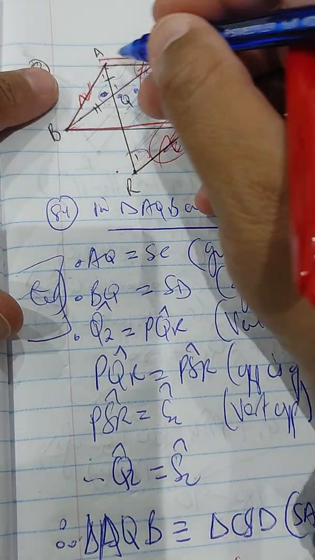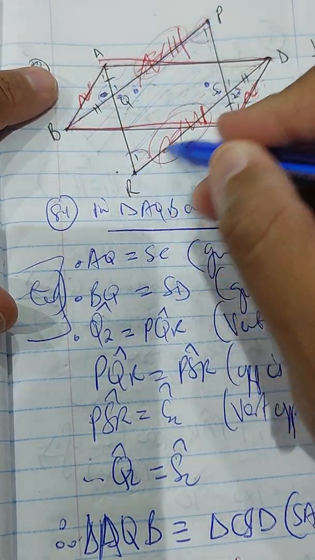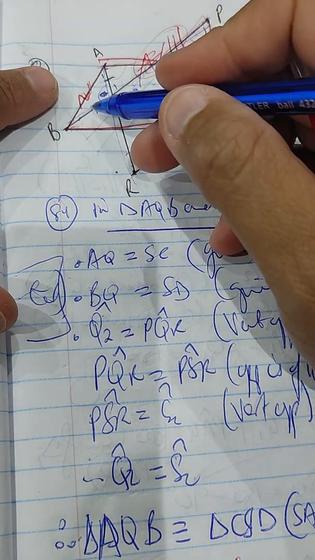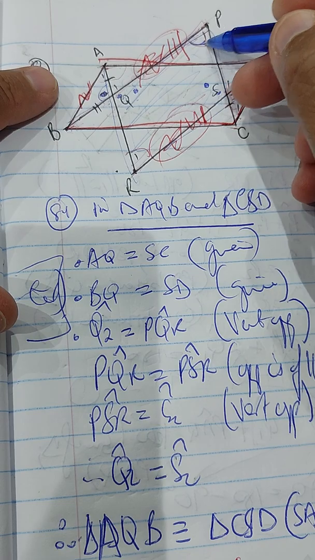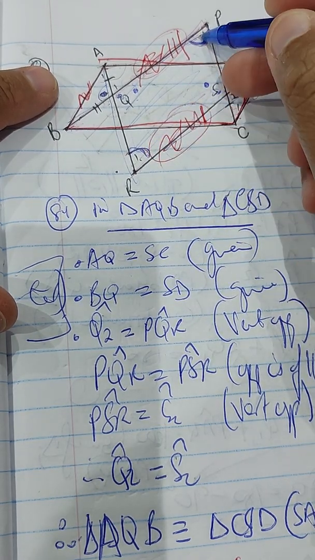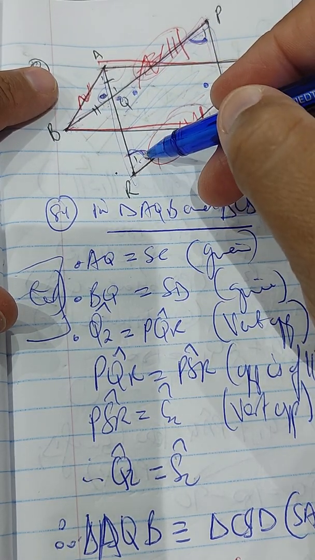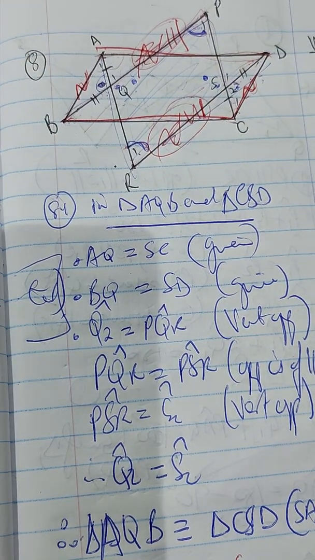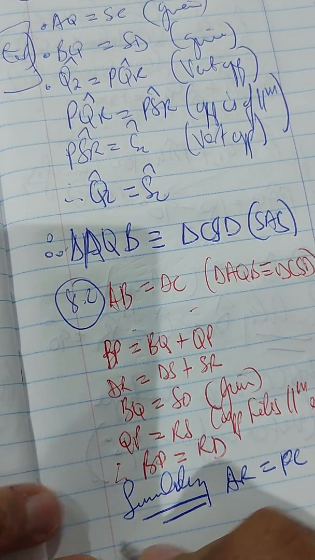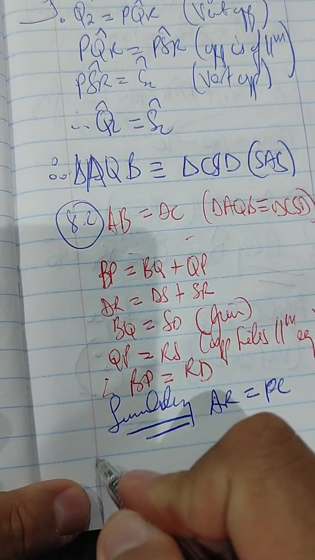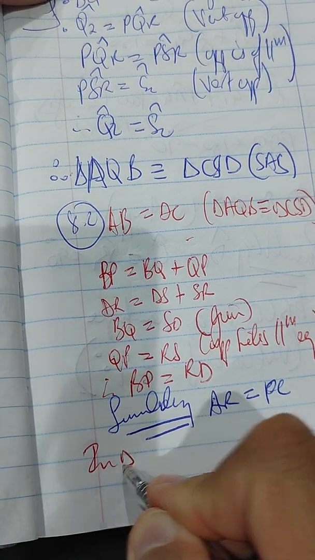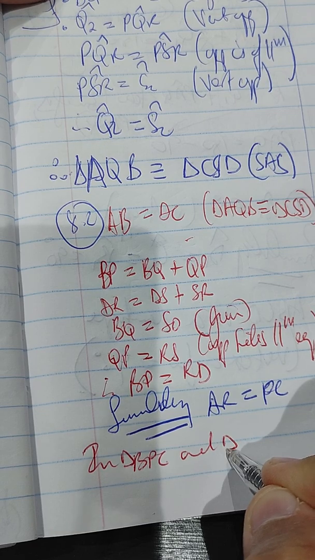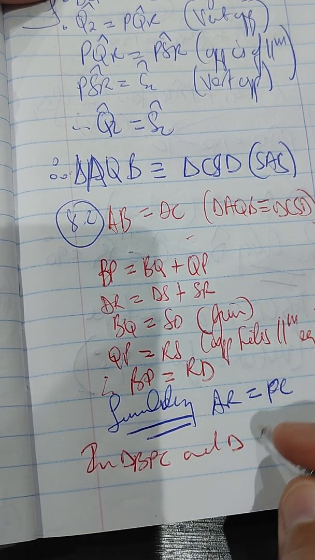So what we have now is this length being equal to that length, and this length is equal to that length. Okay? So we got side, but P1 is equal to R1. Why? Not vertically opposite, sorry. Opposite angles of a parallelogram are equal. Okay. So I'm going to prove congruency here. So I say in triangle BPC and triangle ARD,